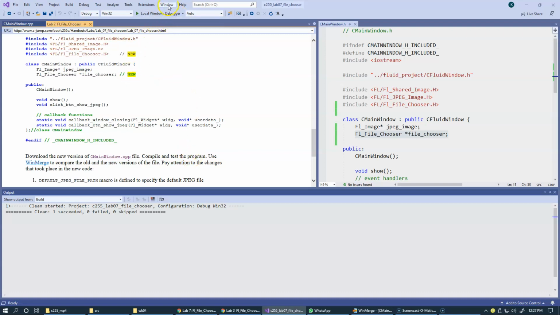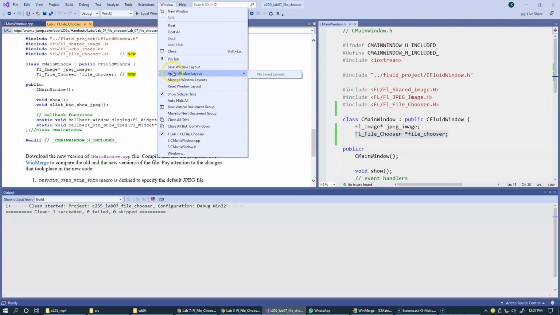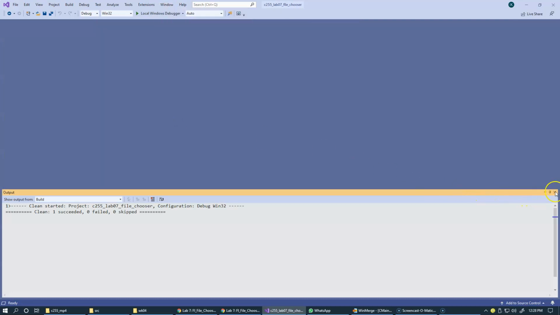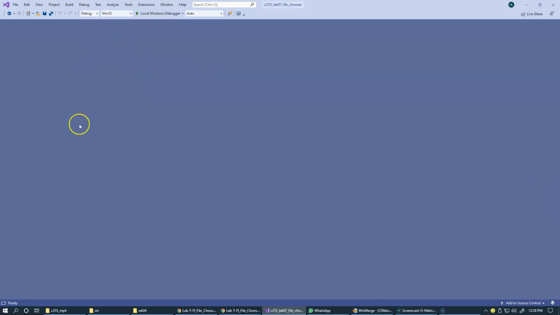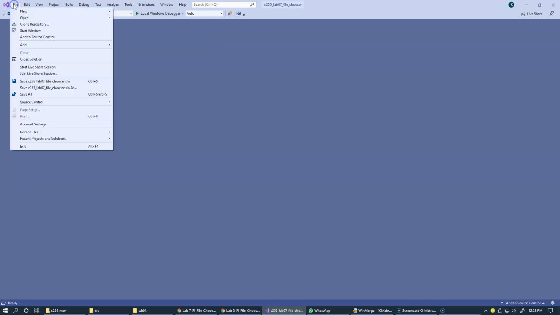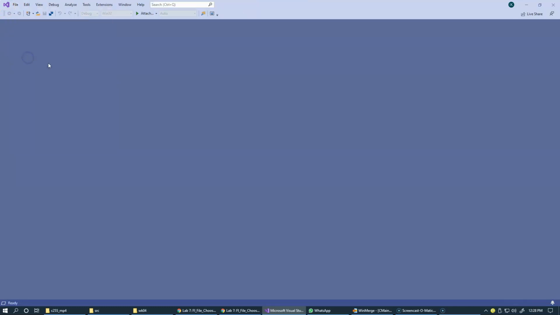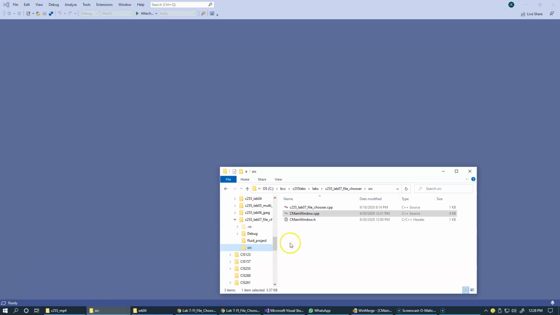Then I normally like to close all tabs. Okay, just close everything and keep it clean like this. If I reopen this project, that's the picture that I like about it. There is nothing unfinished about this project. It serves its goal. We had to demonstrate this functionality, and we've done that. So then I say File, Close Solution, and after that, if I want to clone it, or before I make